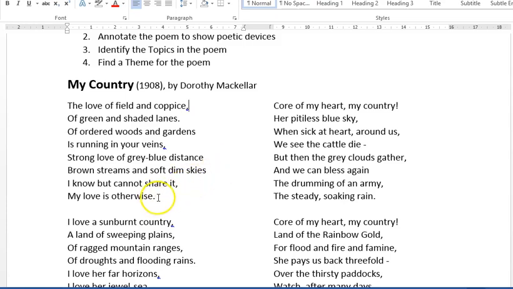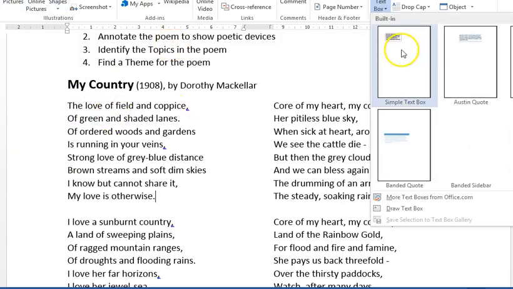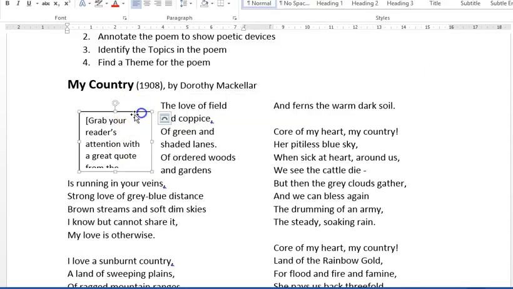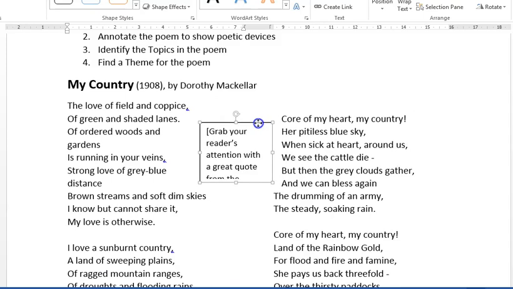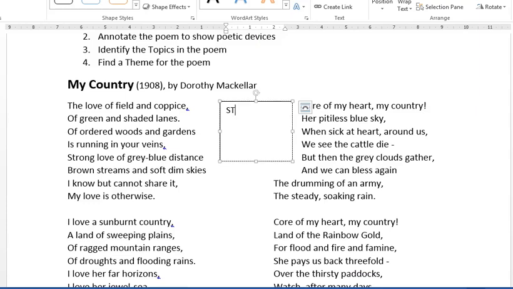So the first stanza, this whole first stanza here, is all about England. Okay? And I'm going to insert a little text box, because I think that's the only way I can do it. Let's just let my computer. Oops. Let's do it. Oops. Sorry, I'm being a bit clumsy. Okay. Yeah, that'll do. So stanza 1 is all about England.